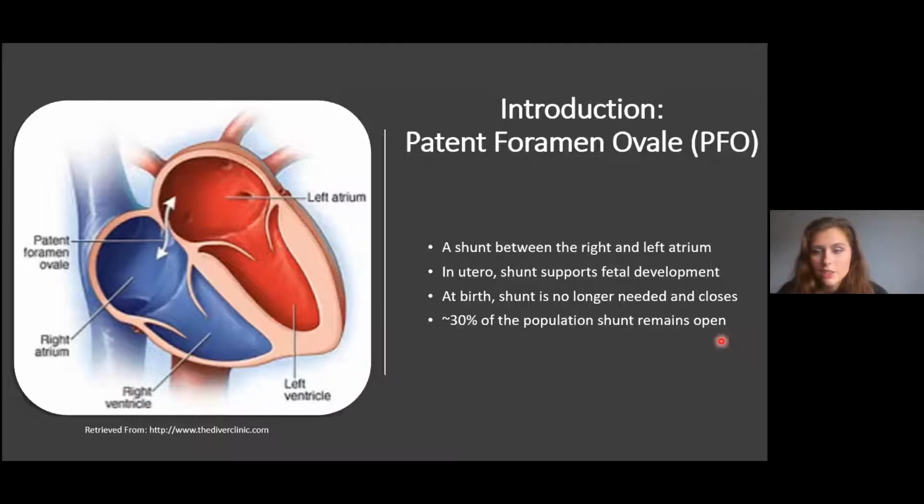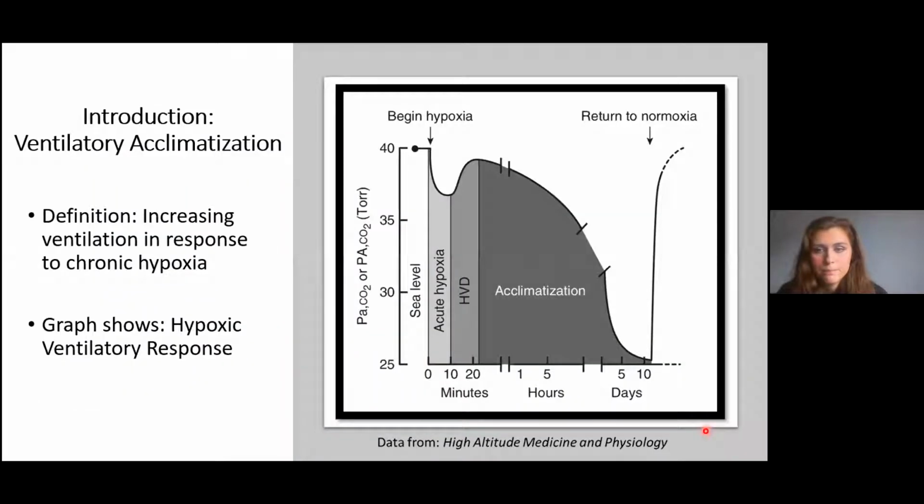In utero, this shunt supports fetal development and closes at birth. In approximately 30% of the population, our lab has found that this shunt remains open. So ventilatory acclimatization is the progressive increase in ventilation in response to chronic hypoxia. So using the partial pressure of carbon dioxide in the arterial blood as an index of ventilation,